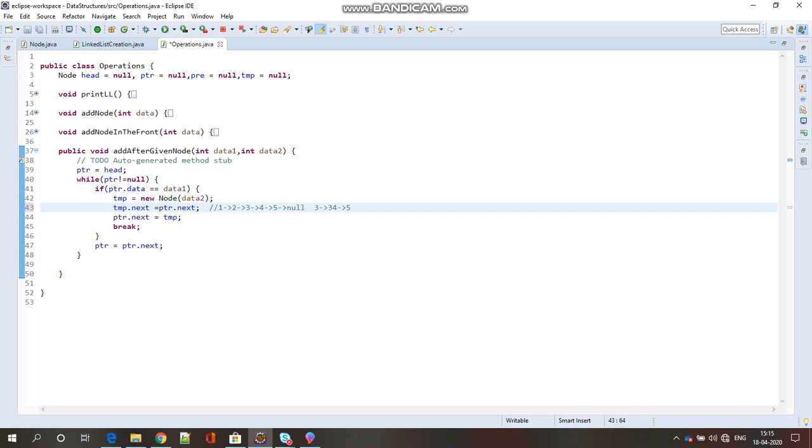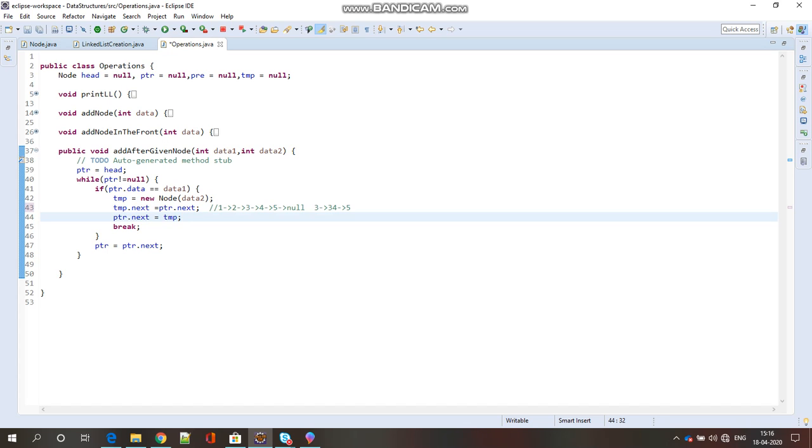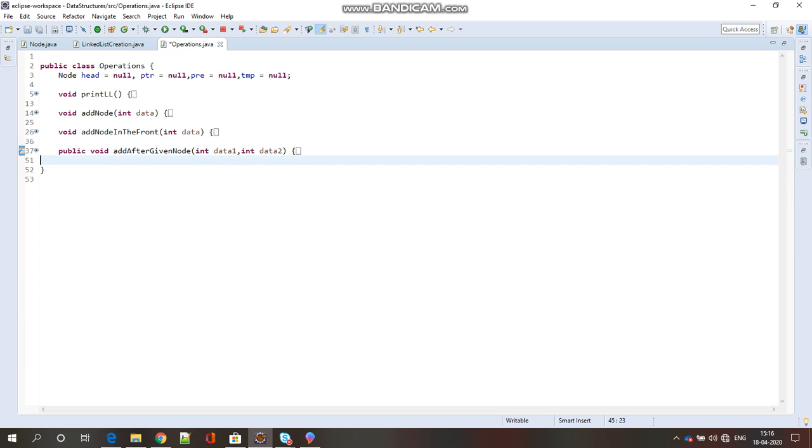That is the reason for these two conditions. Once we find the data and change the pointers, we can break the loop and come out of it. In this way we can insert a node after a given particular node.